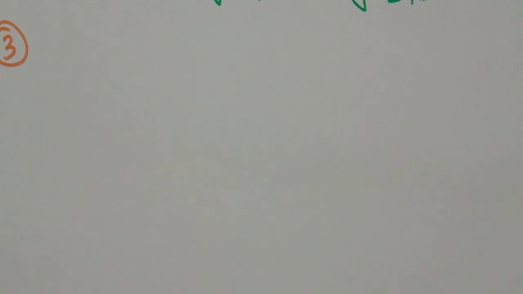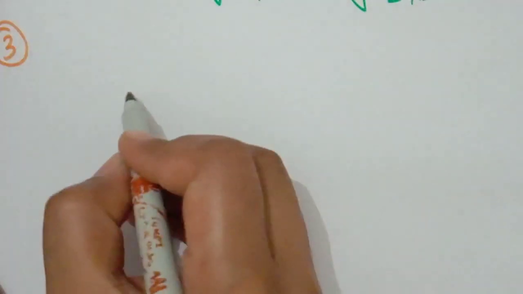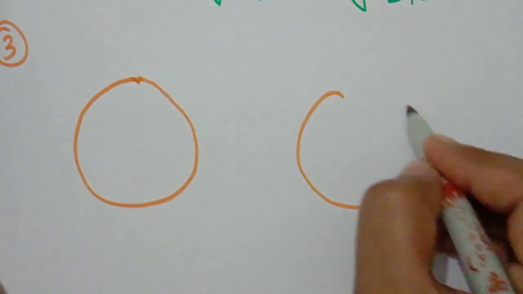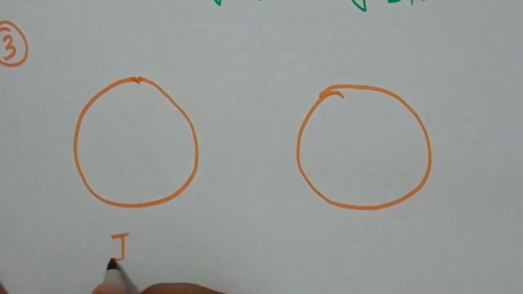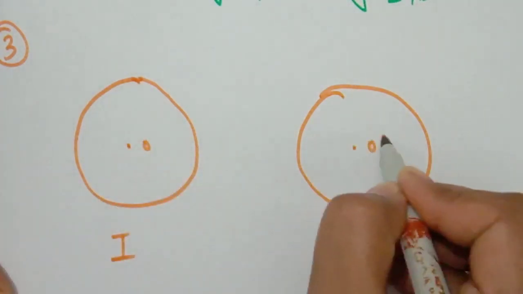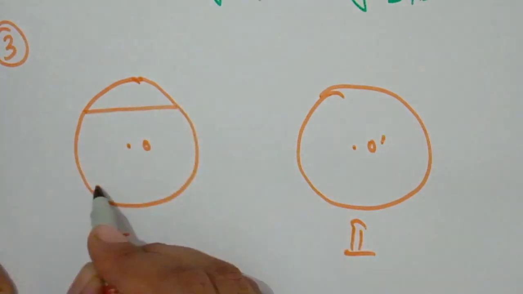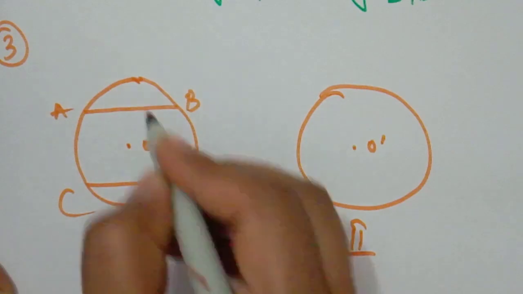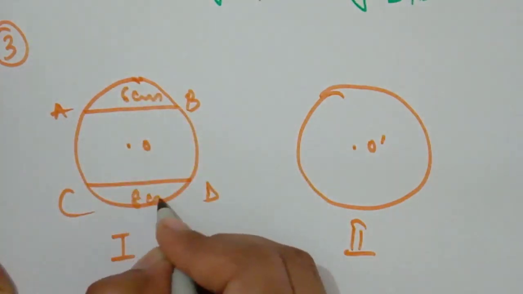So two possible diagrams are present here. I will explain only one diagram and then you will solve the other. So we have one circle like this and another circle like this. Two possible diagrams, first diagram and then second diagram. We have two chords, 6 cm and 8 cm. If this is the center O, and we take both chords on opposite sides of the center, then we take AB and CD as 6 cm and 8 cm.